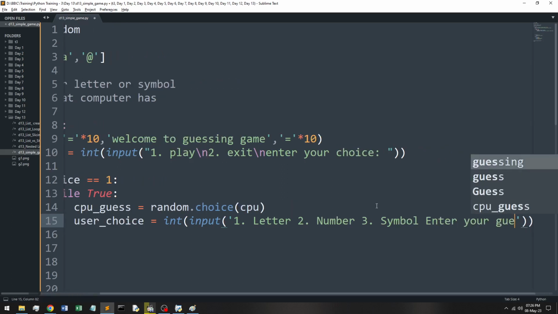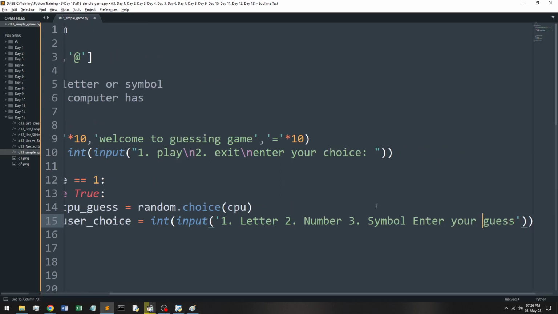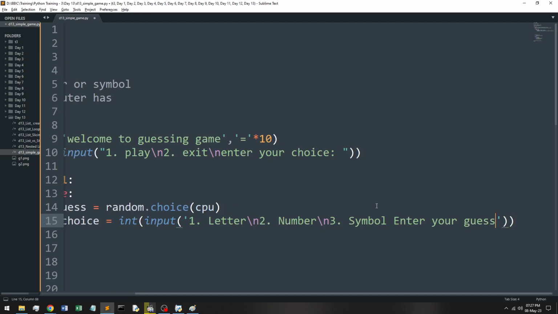Enter your guess. You get me? Easy to understand this point. So I'm guessing 1 for letter, guessing 2 for number, and guessing 3 for a symbol. Okay, after that,